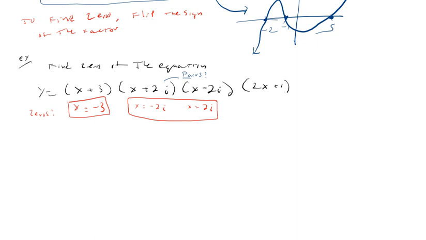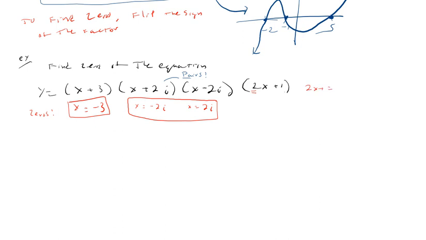This 2x plus 1, well, now we have this 2 in front. So what's that going to do? How's that going to change my answer? Well, if we remember the rule, we have to make this equal 0. So if I say 2x plus 1 equals 0, if I solve this,